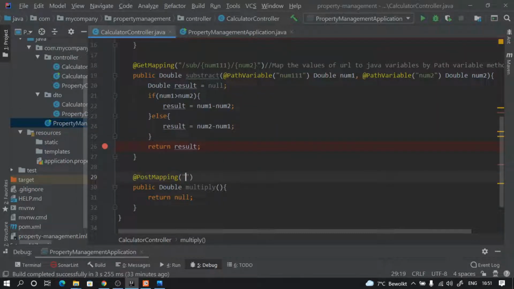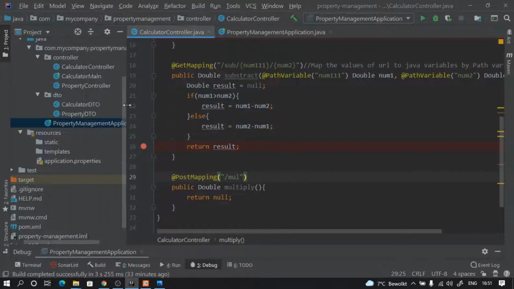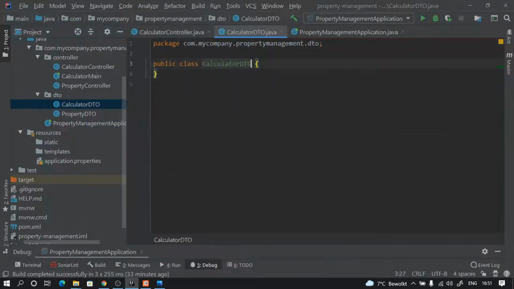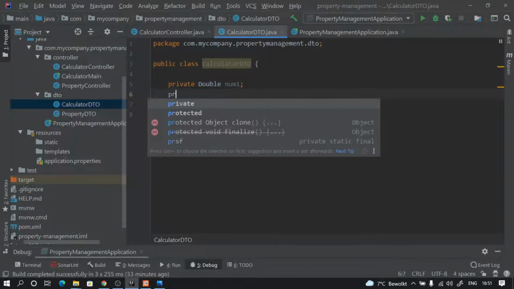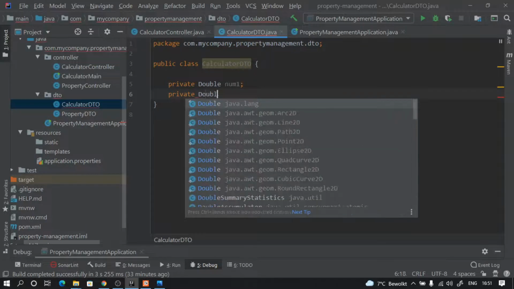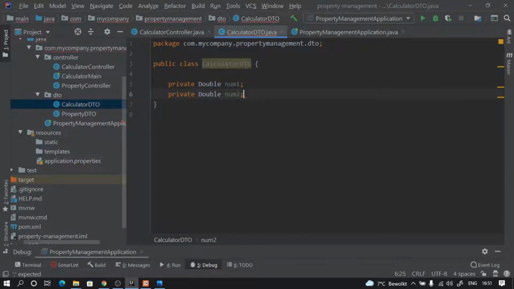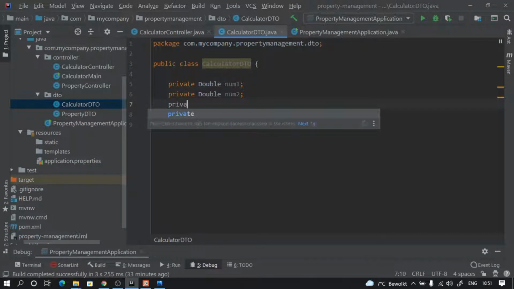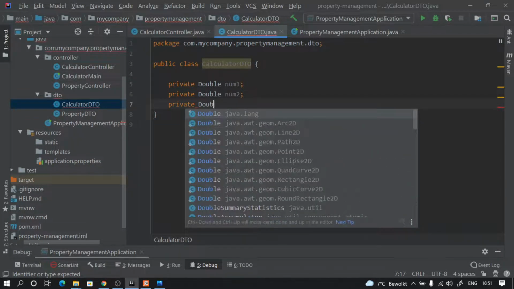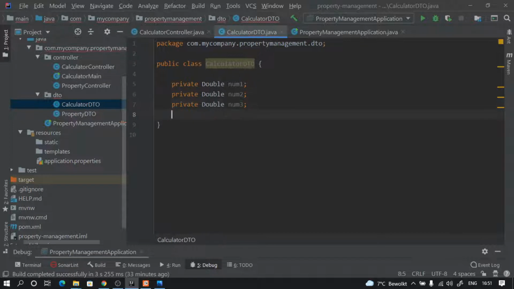So we can say PostMapping. And here we have to give the URL like /multiply. That's it. And now we have to create a class. And in this class, we have to keep variables. So I will say private double num1, private double num2, private double num3. Similarly, I can keep on going, private double